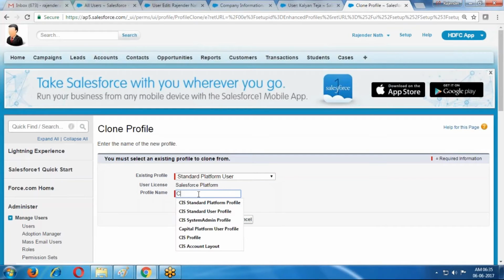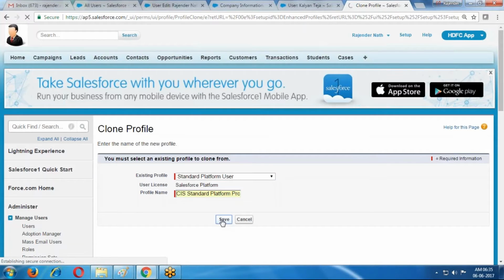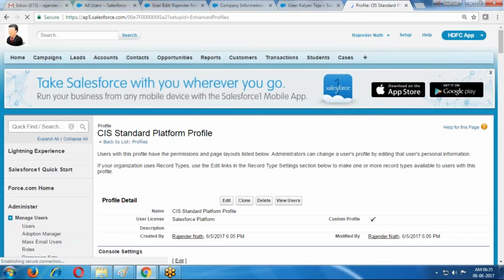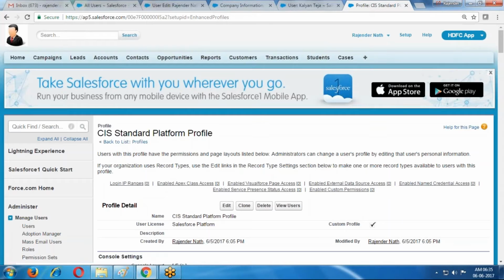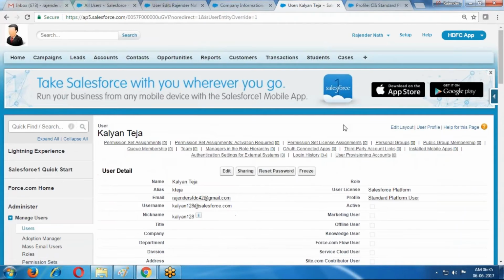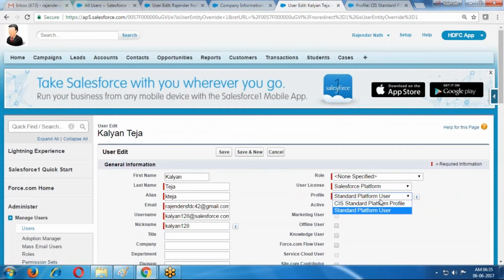Now I'm creating the CS standard platform profile. You can create with any name. This is the profile I'm creating, and I'm assigning this profile to users. Only these two profiles are available for the Salesforce platform license.